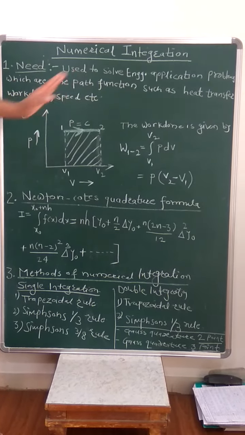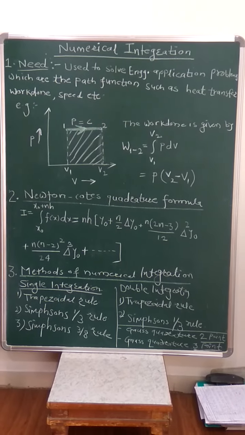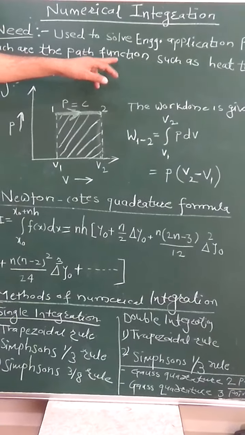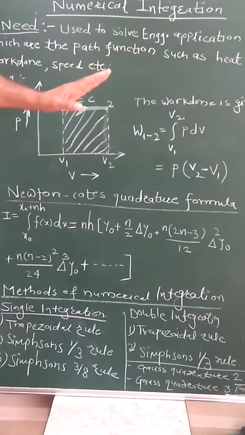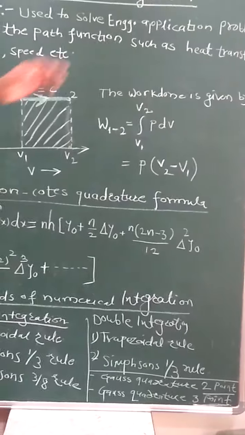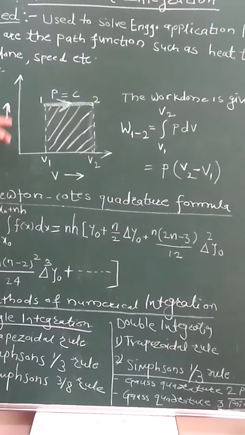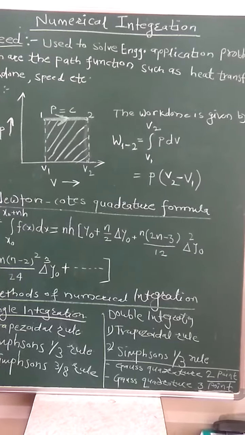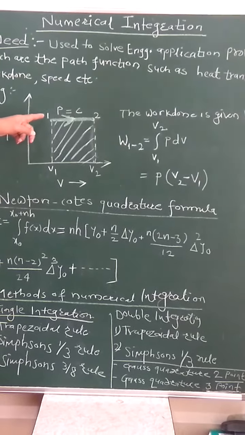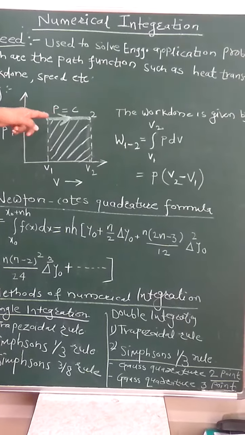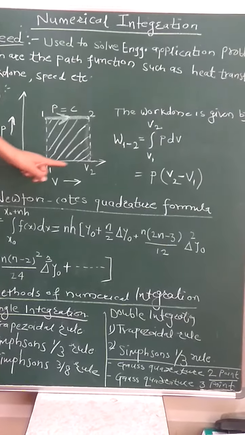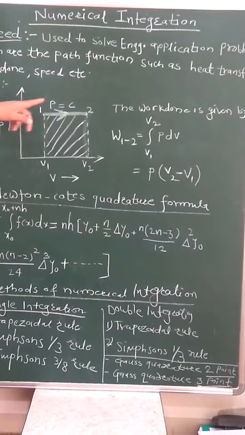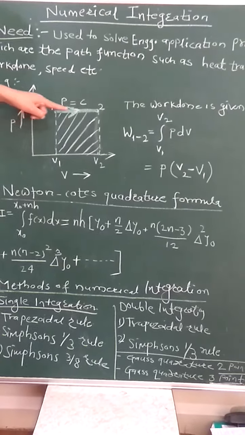A simple example is there. If we consider the work done carried out from point 1 to 2, this is the process. It has a path function and a straight line path. Here we are going to calculate the work done from point 1 to 2, which is represented along a PV diagram, that is pressure volume diagram. For this case, P is constant from point 1 to 2, but volume V changes from V1 to V2. Now we have to calculate the work done for the process 1 to 2, that is this straight line path.